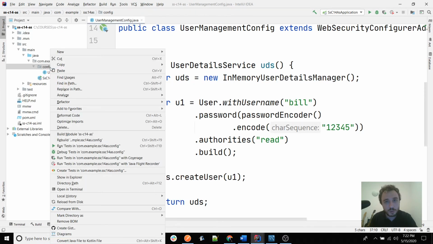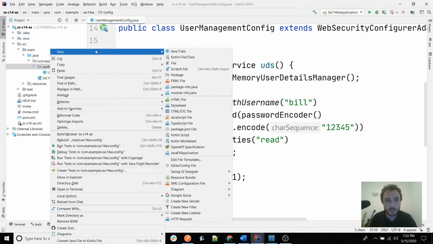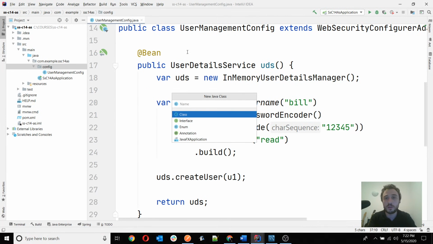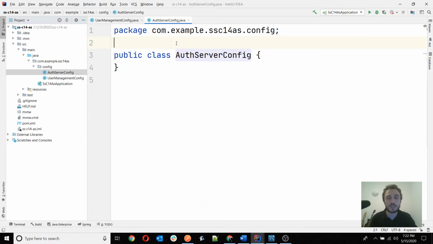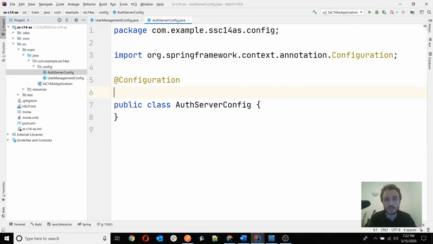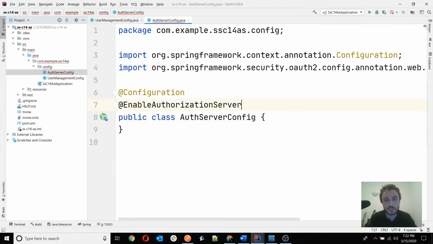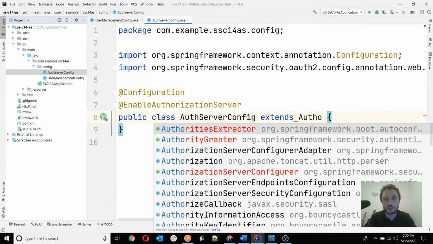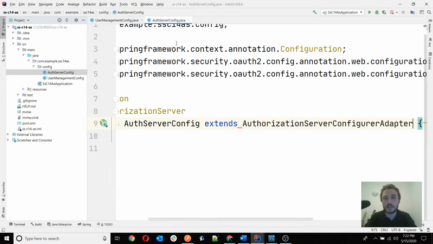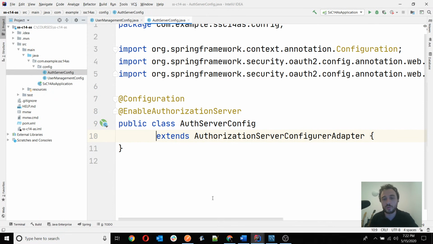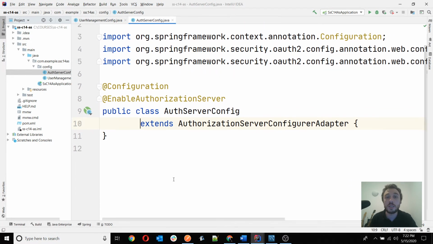So with this user management config, which is clearly something very plain, and something that we've also implemented in the past couple of lessons, we can continue further with writing the authorization server config. The authorization server config, of course, needs to be a configuration class, so I annotated it with @Configuration, and then I enable the authorization server, not the resource server. Resource server will come later. And then I have to extend the AuthorizationServerConfigurerAdapter, which is the class we use to do the different configuration we need to do, including